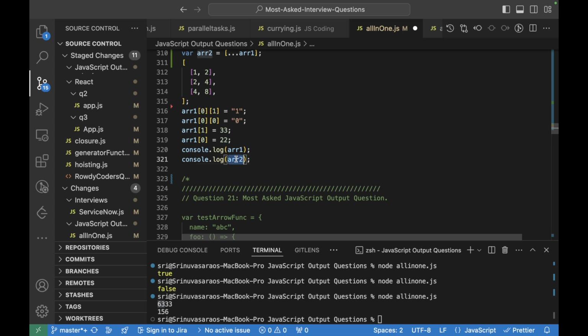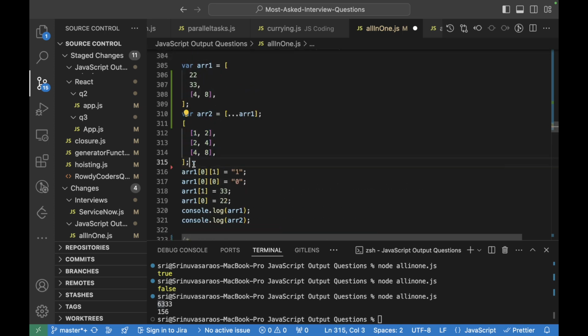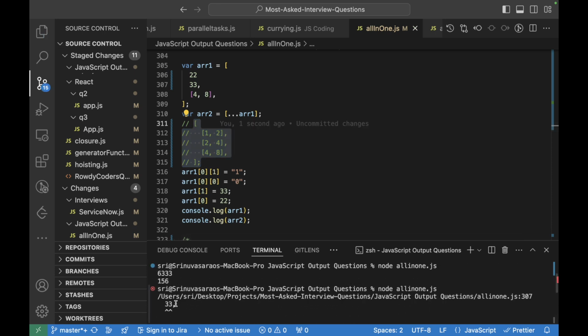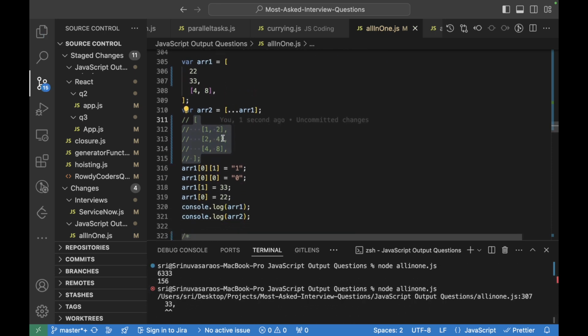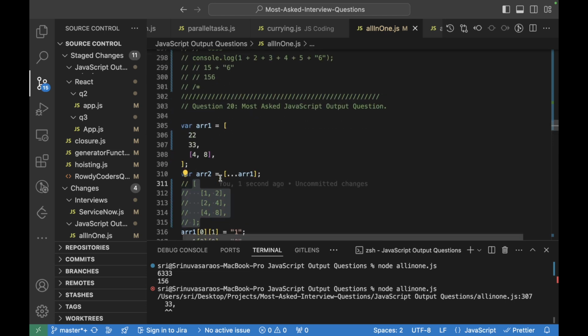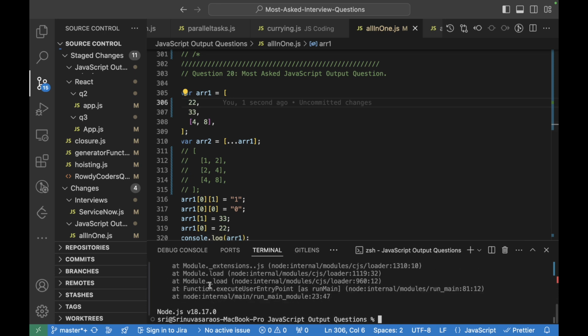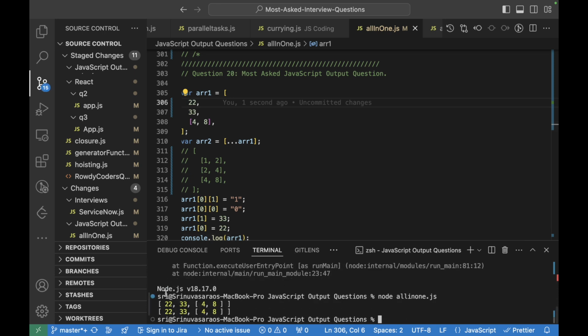When it comes to array 2, it will give the same output, right? So let me run it and show the output for this. Okay, some unexpected issue came. A comma is not there, so let me run it and see the output.